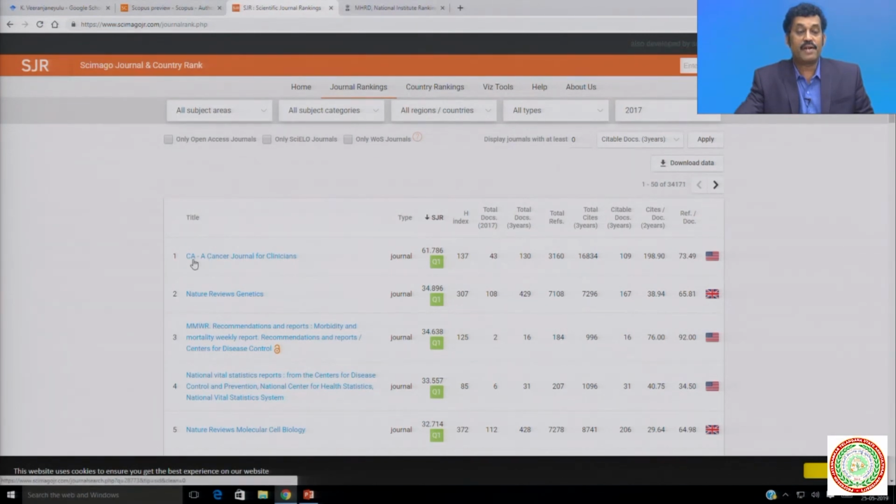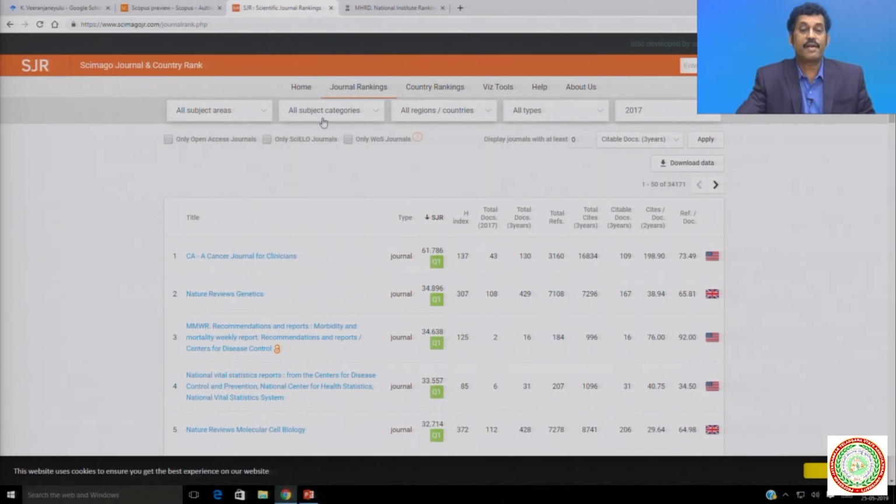The title of the journal is available, then the SJR and the H index of the particular journal, then how many documents were published during the last year and the past 3 years, then total references, total cites, how many are citable papers, and the country from which the journal is published. All these details are available.